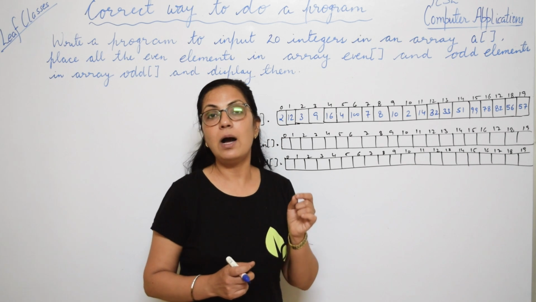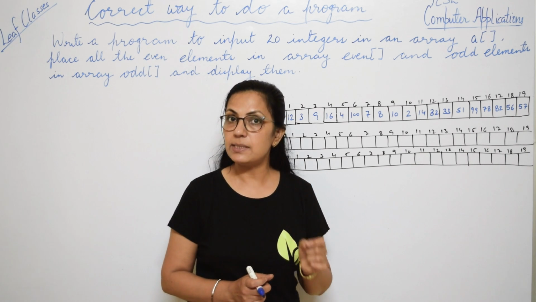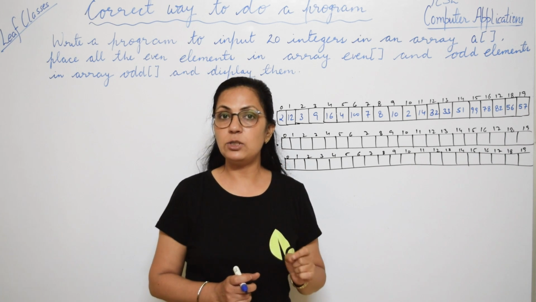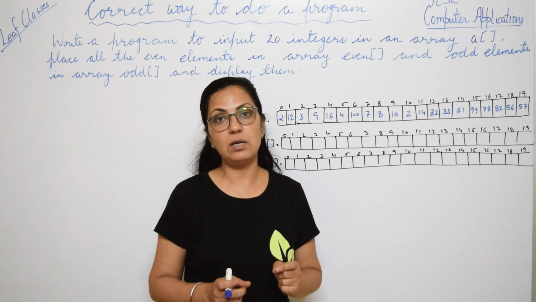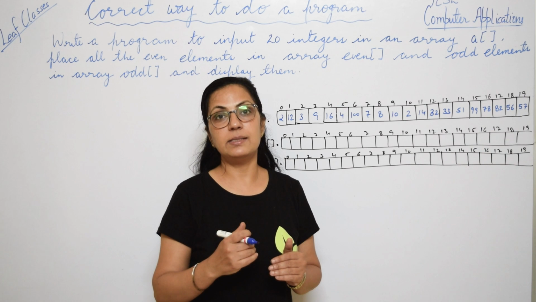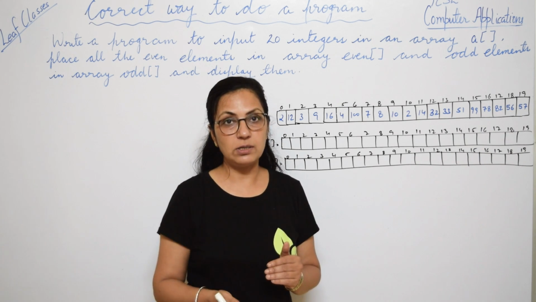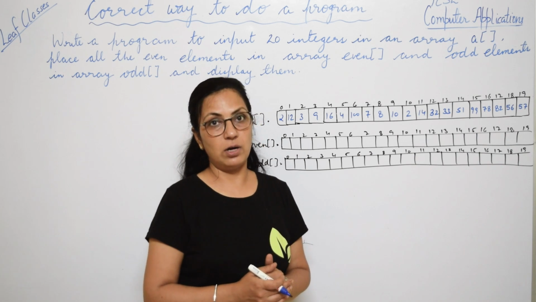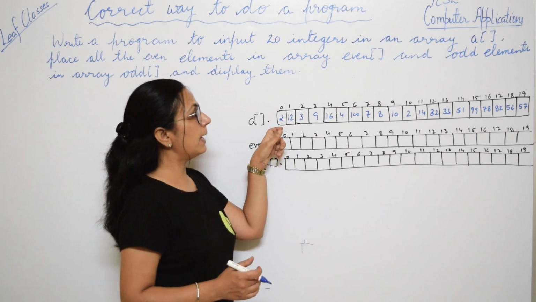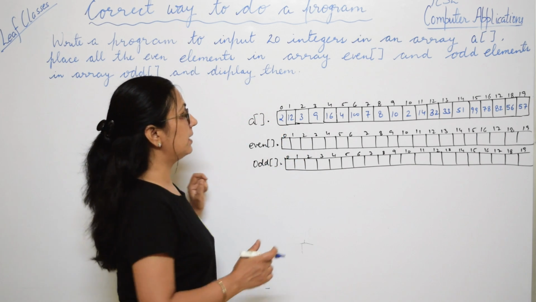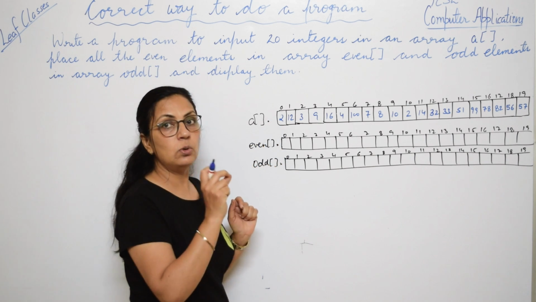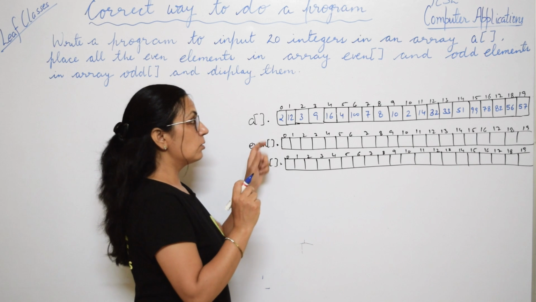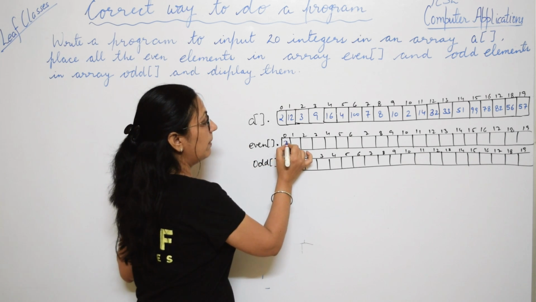Now, all of you know how to check whether the element is even or odd. We divide the number by 2 and if the remainder is 0, then the number is even, and if it is not 0, or if it is 1, that means the number is odd, right? So, suppose the user has entered these elements. I have written here 2. 2 modulus 2 is equal to 0, right? So 2 is even, so we will place 2